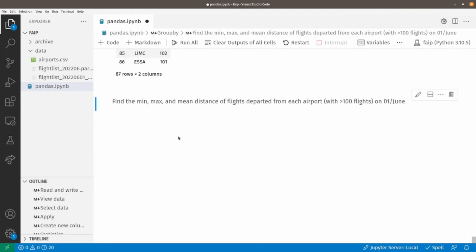I want to make this exercise a little bit more challenging. Instead of just counting the number of rows in each group, I also want to get some stats on the flight distance in each group. For example, the minimum, the maximum, and the average flight distance for flights originating from each airport. Again, feel free to pause the video and work out a solution on your own.